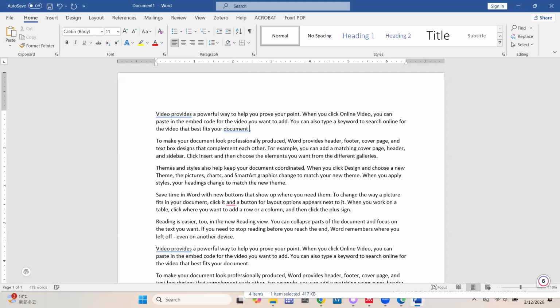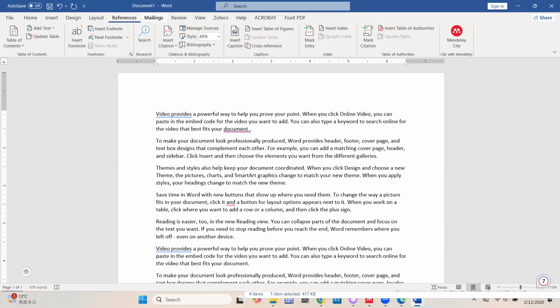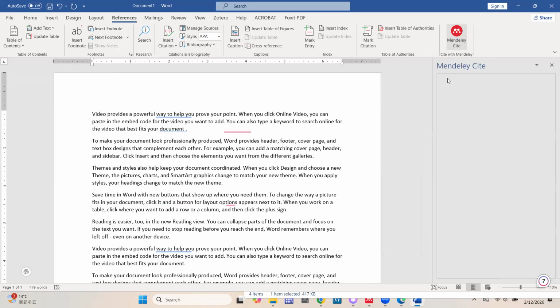Perhaps I want to do an in-text citation, an indirect citation. Now, once you click on references, you should see your Mendeley Cite plugin over here. If you correctly installed, you should see the Mendeley Cite plugin up to the right side of your screen. All right, so just click on that.